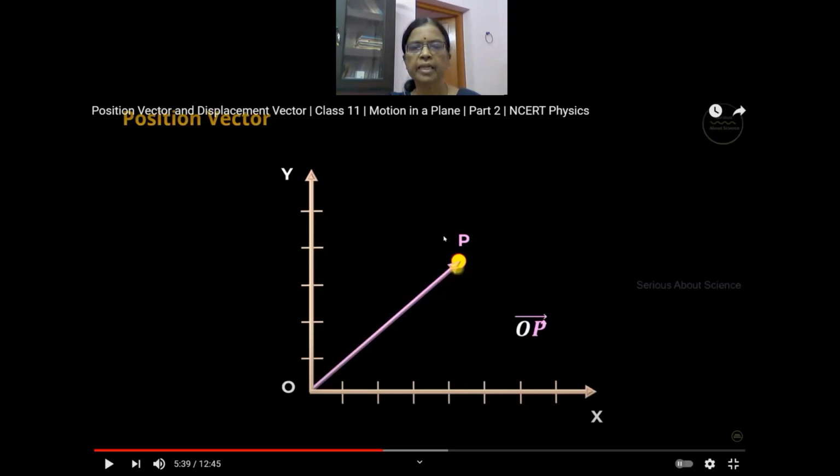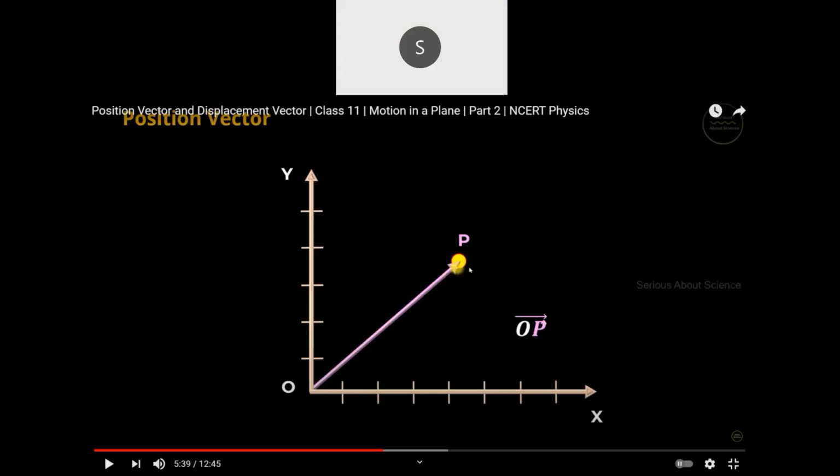With respect to the y direction, where is it? This much distance along the x direction it travelled. Along the y direction, or y coordinate, what is the y coordinate? 1, 2, 3, 4. So 4. Sriram, complete it. 4. The y axis, that name, right?